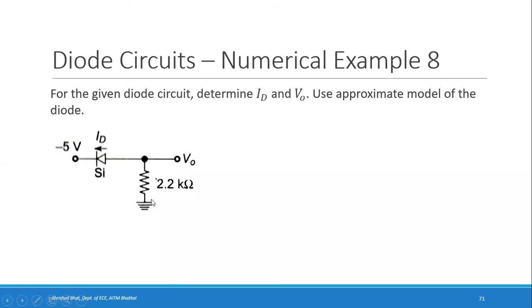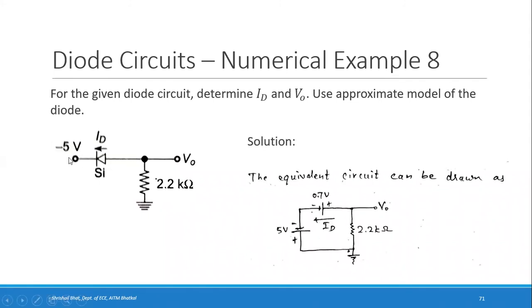You can start by drawing an equivalent circuit for this, because you might get confused about what this minus 5 given here is. This is actually a power source which is negative with respect to ground. Here you can show it like there is a negative power source with respect to ground. You can draw the equivalent circuit like this. It's minus 5 with respect to ground. So it is like this.